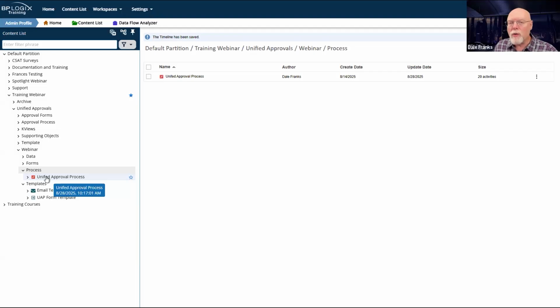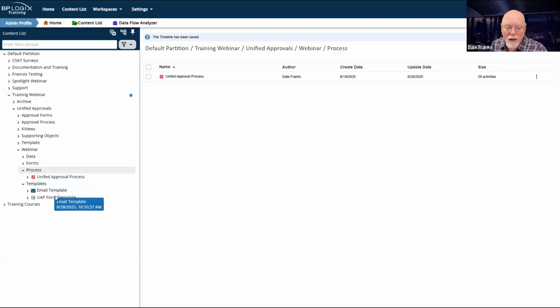Whenever you do an import in Process Director, I can't really import the links directly to objects via the GUID, because GUIDs don't export and import from system to system. The way the import works is I look for the object name, Unified Approval Process, and then I look for its relative location in the folder structure.